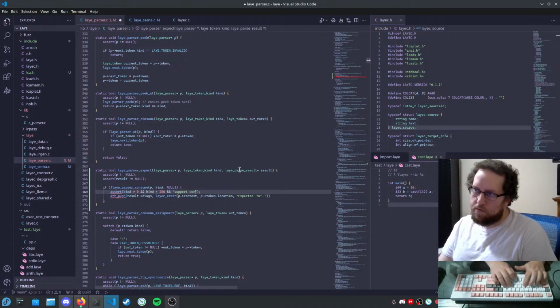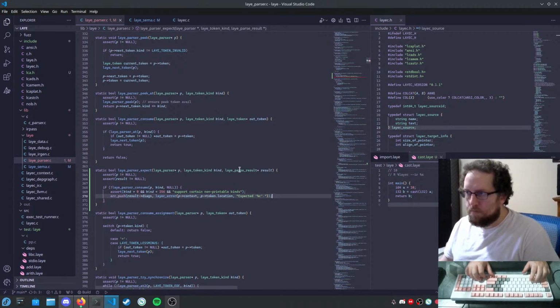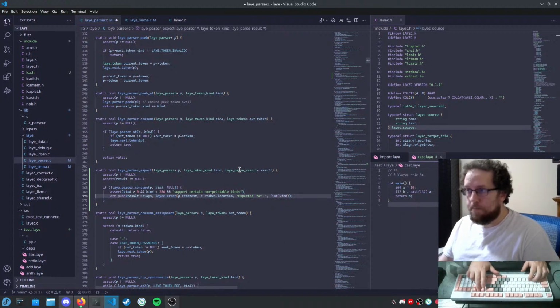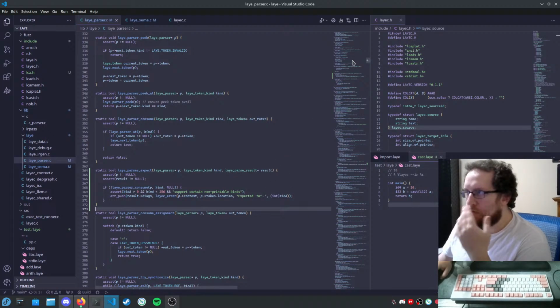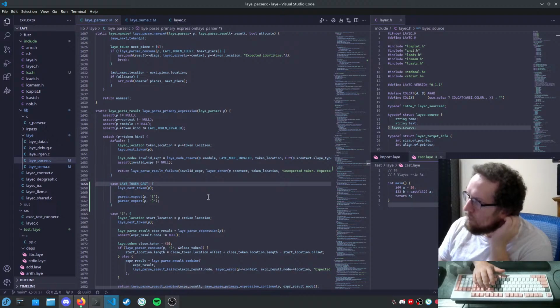Support certain non-printable lines. So then this needs to take the kind. Right, and then that means we can go back down to wherever we were. We can do expect of both of these. Less than 32 is also non-printable. Yeah, but I don't have